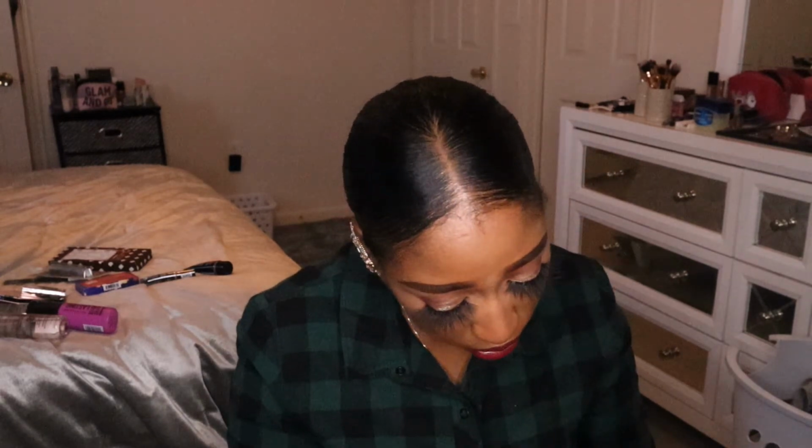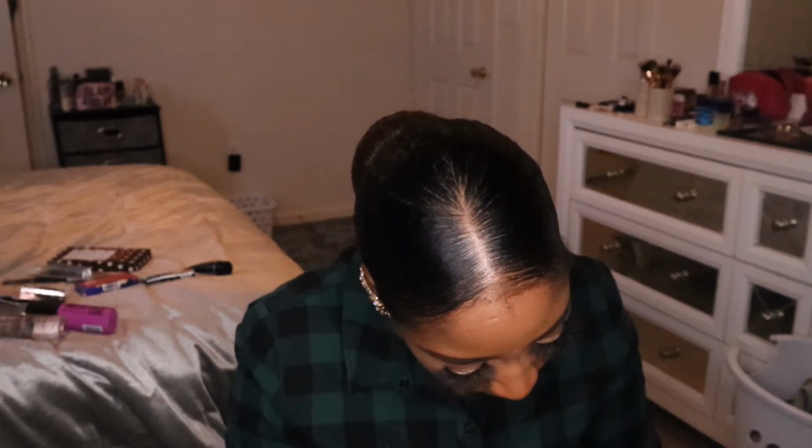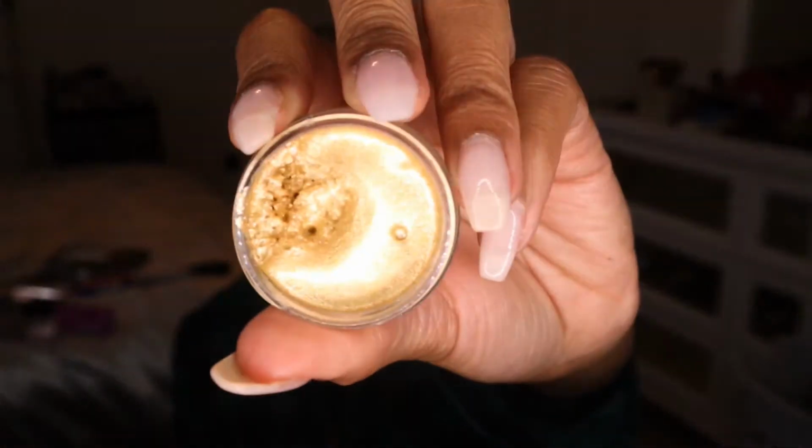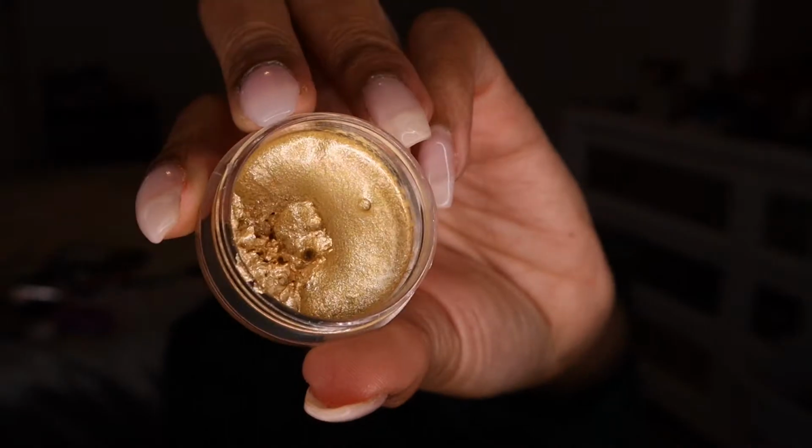And then I got, which one is this one? This one is Early Birdie. So this one is more of like a gold. This one is so pretty. It's like a yellow gold, but it has some like pinky shimmers in there. So pretty. And the last one I got is called Buttercup, and I think this one is my